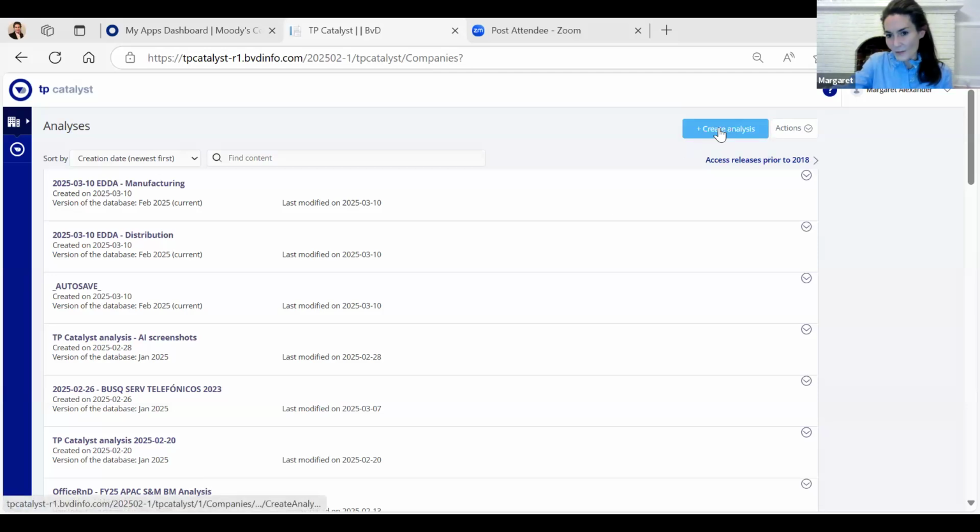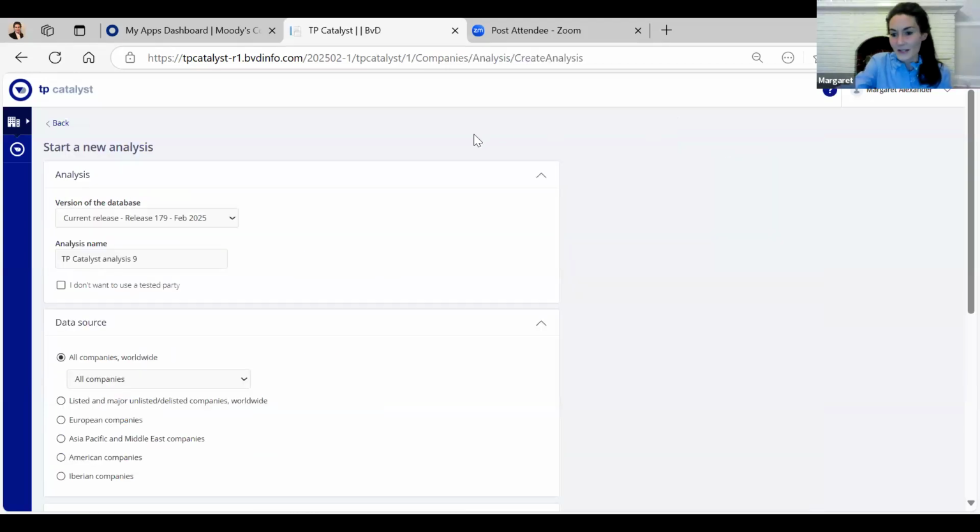I'll show you how to create an analysis, but then we'll go back into ones that I've already started. If we create an analysis here, there are a couple of items that you need to put in before you actually start, and that's just telling the tool about your settings.